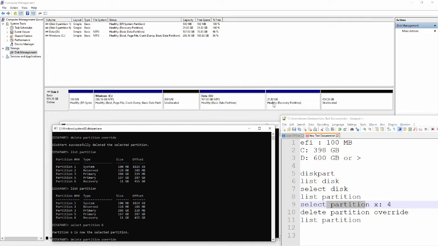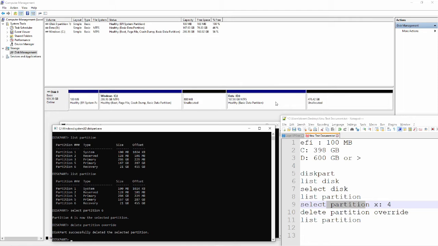And at the same time, I will have a look here. Enter. Good. So now the unallocated part here has been updated. It should have grown. You can review in the replay. It should be bigger now.